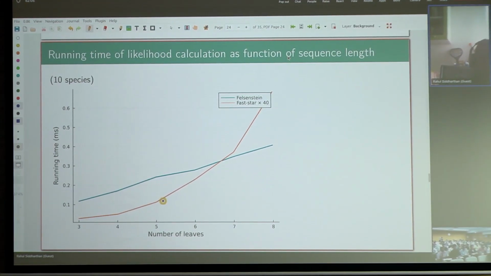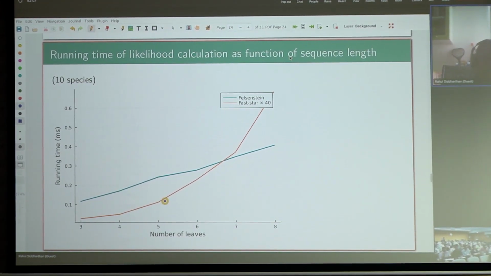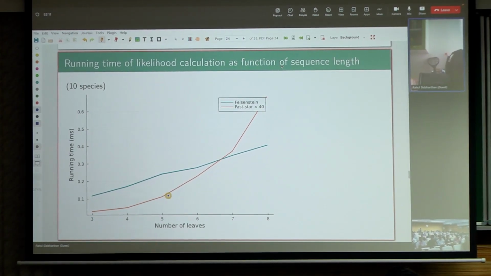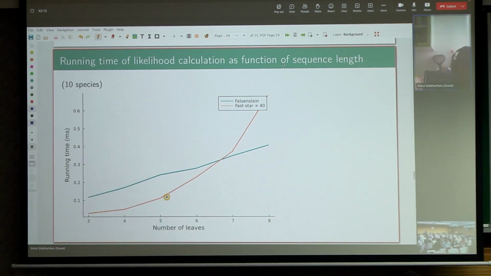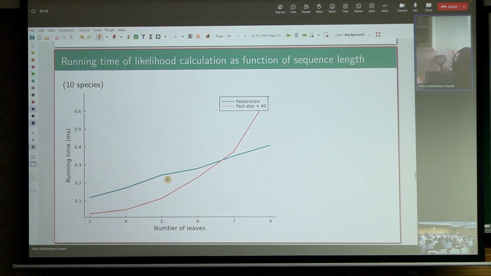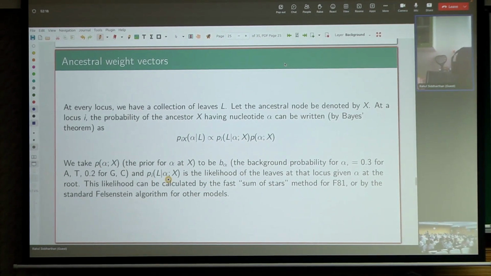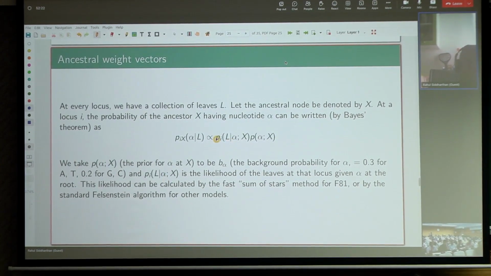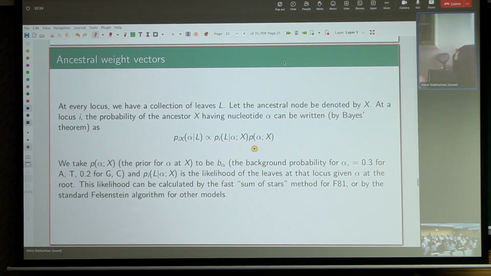So it turns out that both algorithms scale more or less linearly from like 1,000 to 100,000 sequences. There's not much difference, but we are again faster by basically this factor. Okay, with that, the last thing I want to mention is you can actually infer ancestral nucleotides using a sort